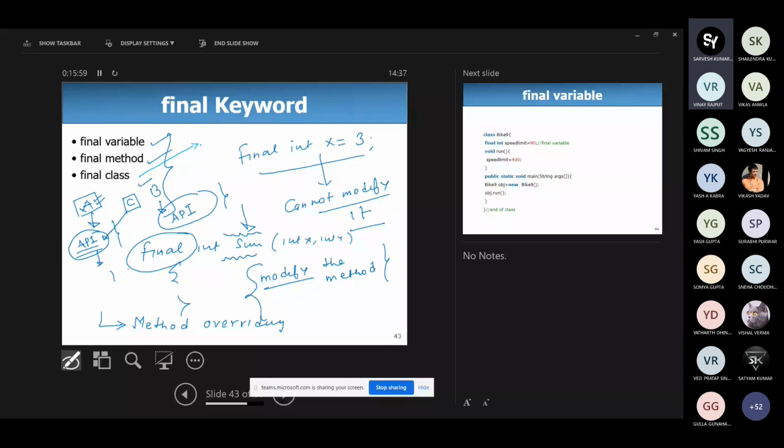So what is the significance of final class if it is not extended? So the significance is you can use the final class, you can use the feature of final class by creating the object of final class. Means if you create the class as final, it means you can create the object of final class, and after the creation of object, you will be able to access the functionality of final class. You can use the feature, but you cannot extend the feature. Okay, if you declare any class as final. So this is the significance of final keyword.